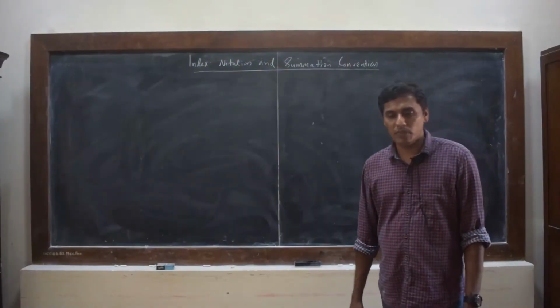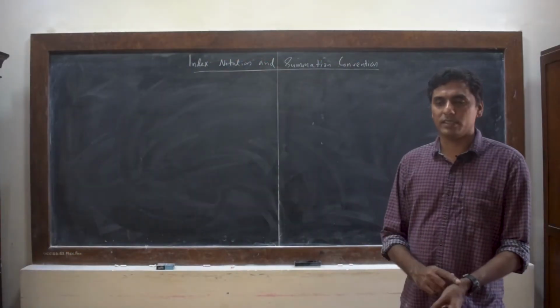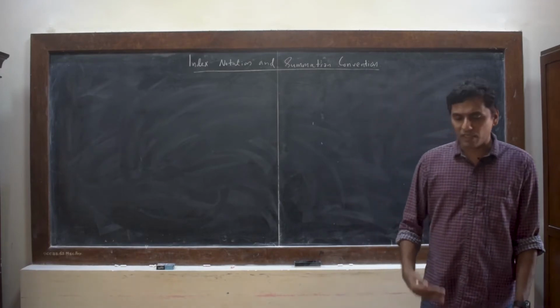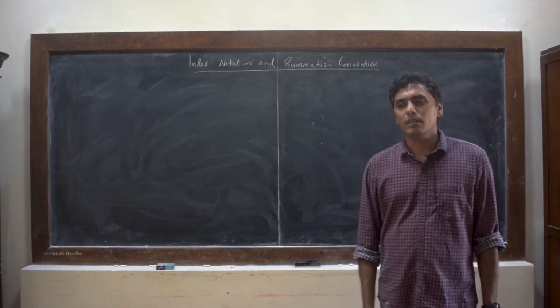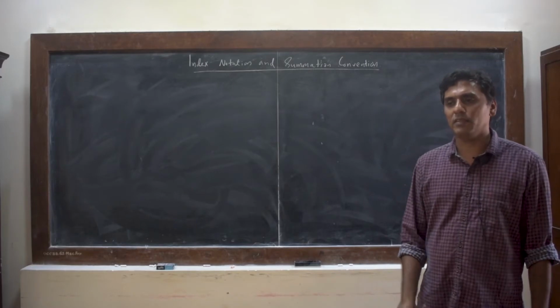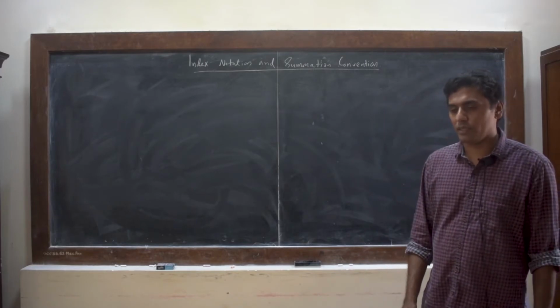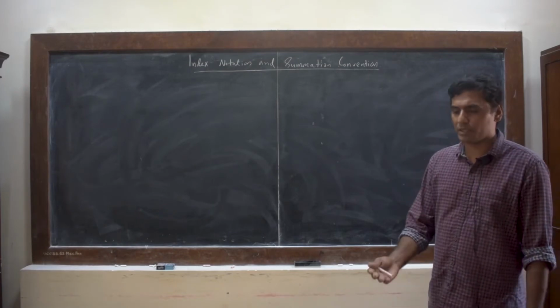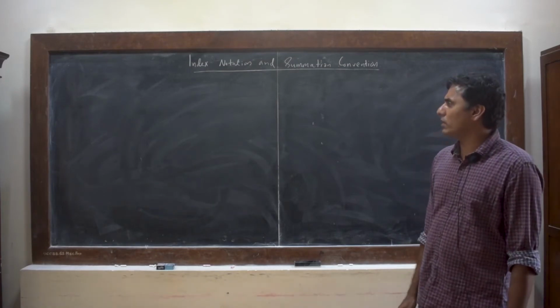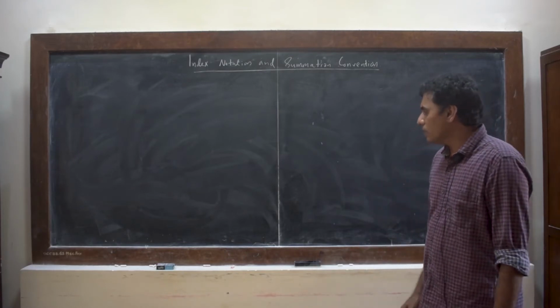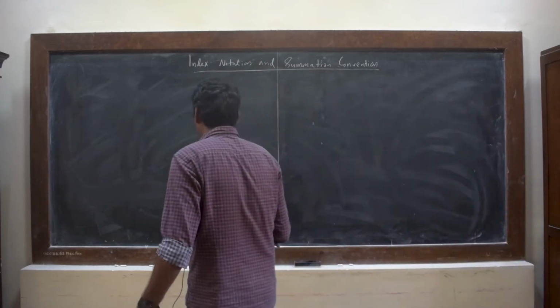In this class, we will discuss index notation and summation convention. It is a very powerful technique, but we restrict our discussion to Cartesian tensors in Euclidean spaces. Basically we will look at three-dimensional spaces, but we can generalize even to d dimensions. All right. So if you write a vector